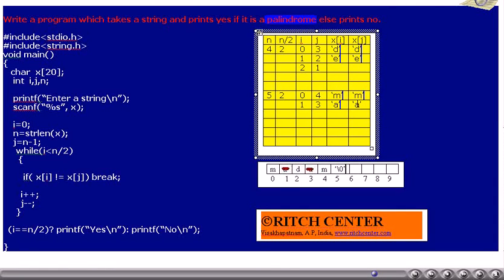X of I and x of j will be compared. X of I is lowercase a, x of j also lowercase a. Thus, the program execution goes to condition checking of the while loop after incrementing the I value and decrementing the j value.